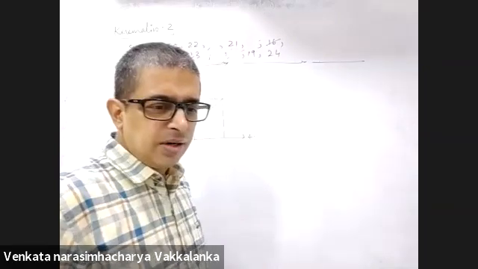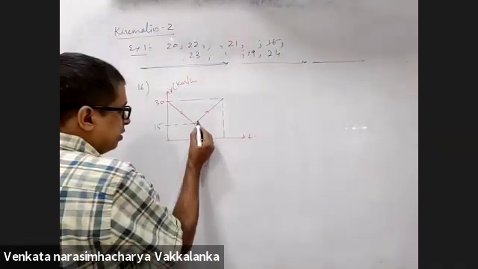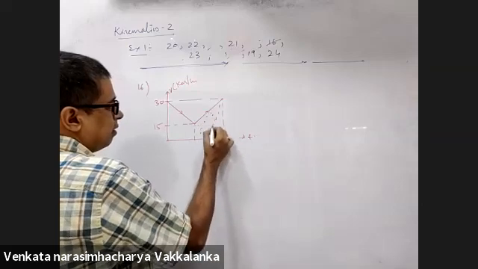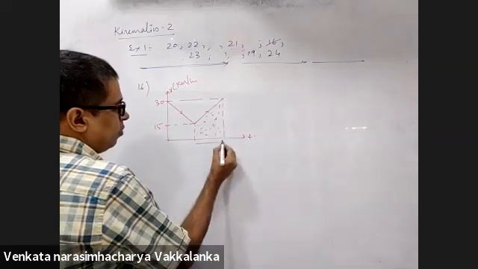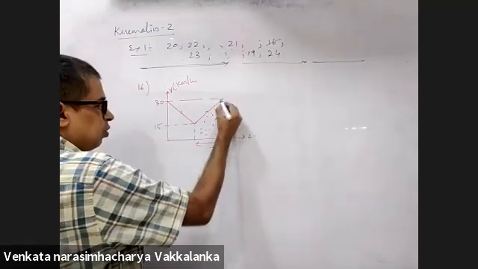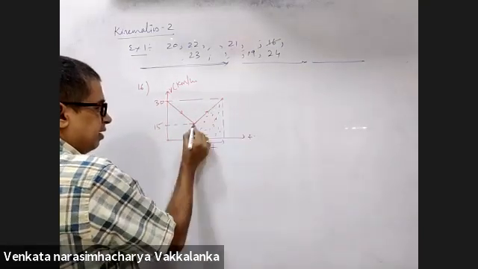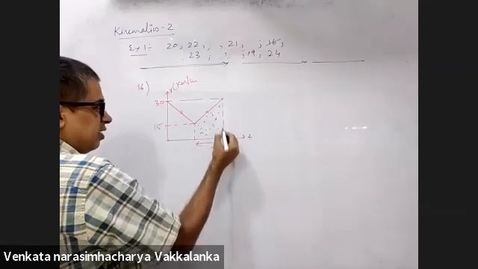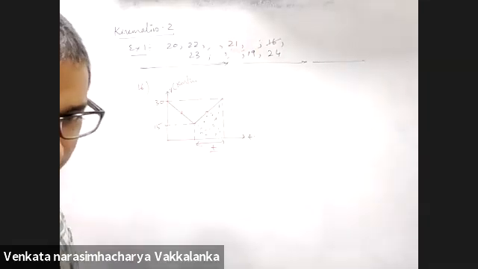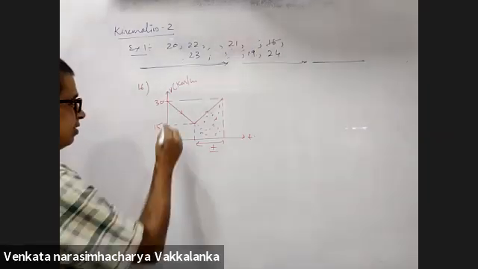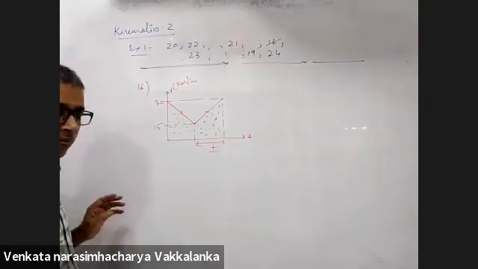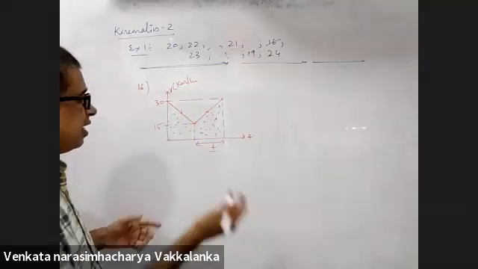If the distance covered during retardation is 1 kilometer, distance covered means this area is 1 kilometer. This area is 1 kilometer. You know this, you know this. You know the slope of this line, right? You know this is 15, this is 30. Getting this area means you will get this time. And this distance you know is half a kilometer. You got this time. What is the time loss?